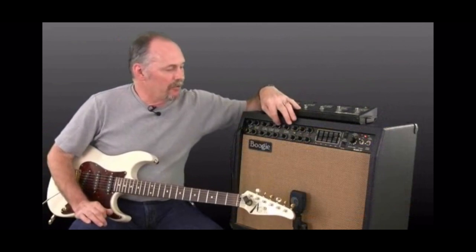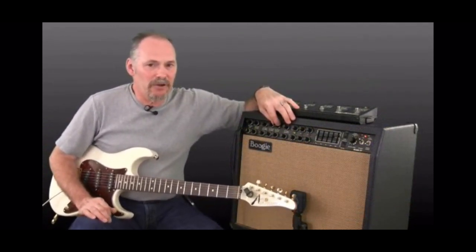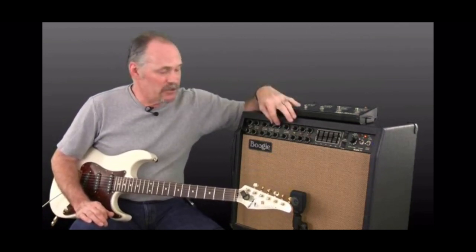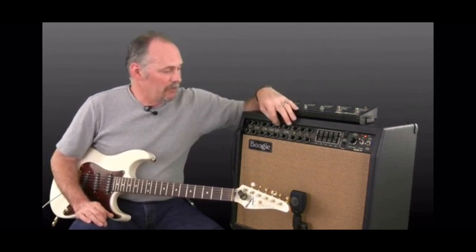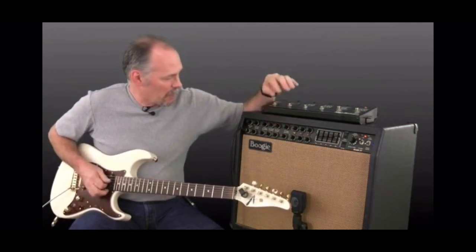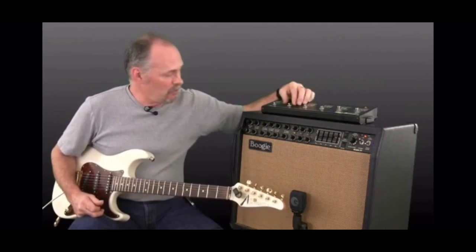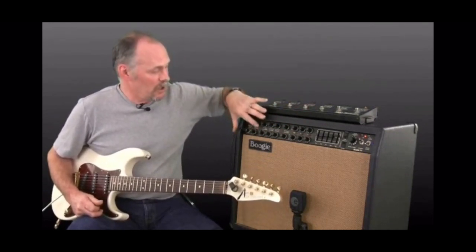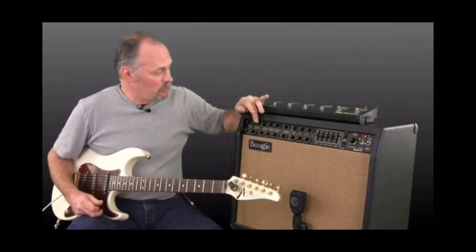Okay, now in your practice amp, your tone controls are going to control any sound you're getting out of it, no matter what channel you're using. You're probably going to have a distortion side to your amp, and the tone controls will affect your distortion sound too. Okay, so let's go over to your distortion side. Now let's say you have a push button switch where you push in. You're going to notice that you get the distortion,